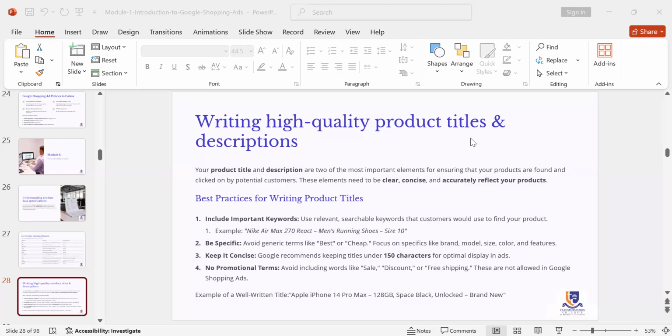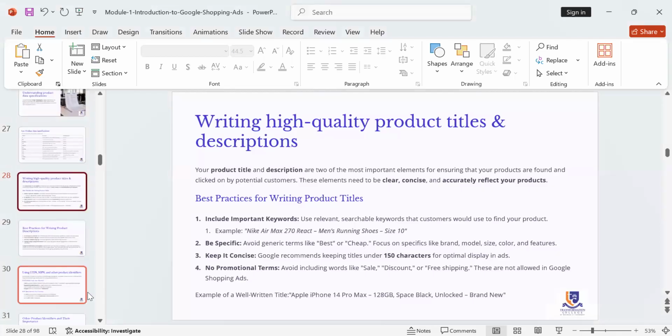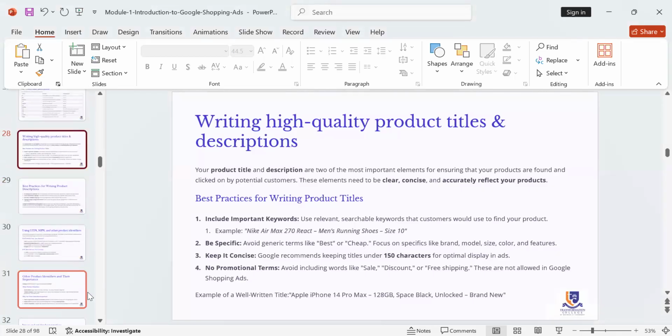On quality product titles. These, my friends, cannot be overemphasized. Your descriptions are an important element of your ad. It has to be concise. It has to be accurate. It has to state accurately what your product does or is. Please, in Google Shopping ads, if your product